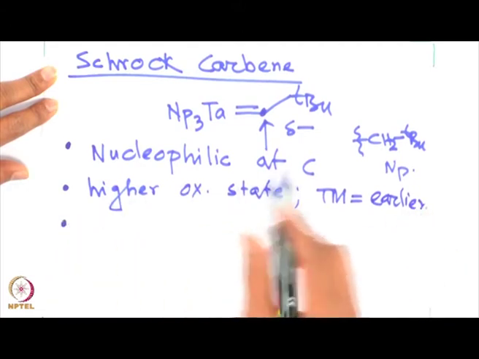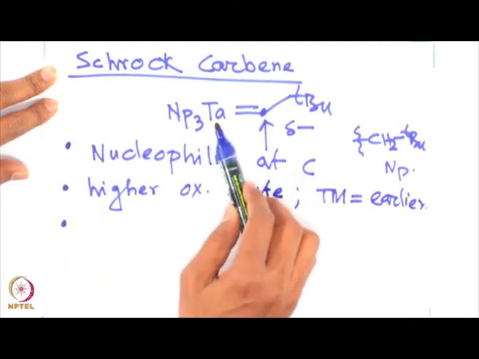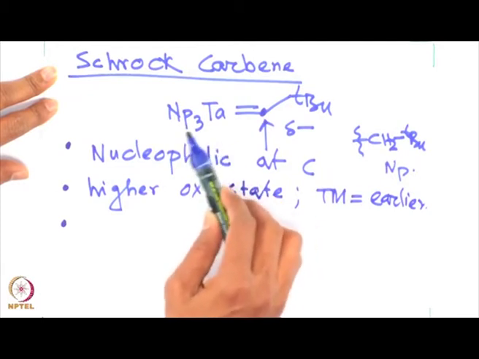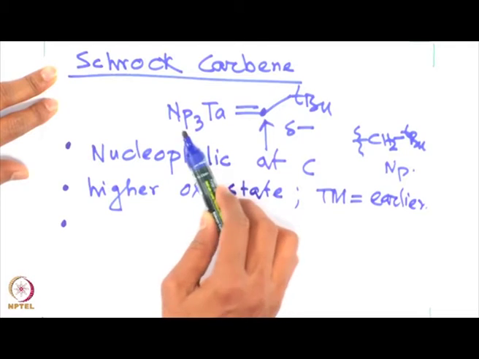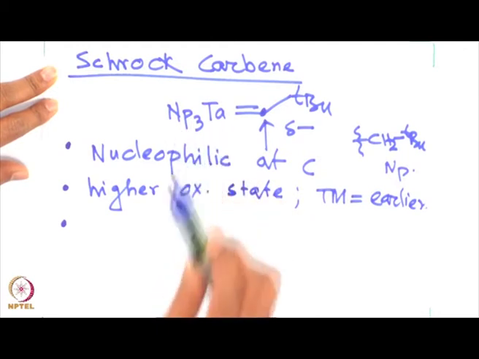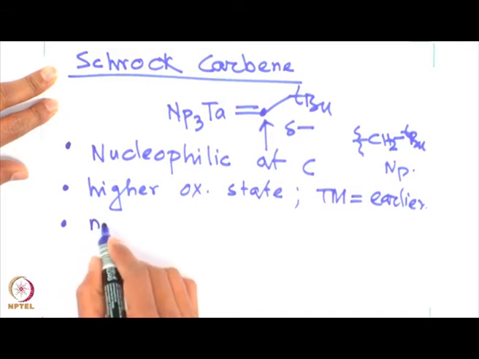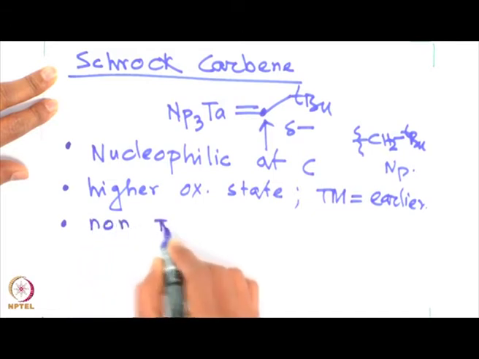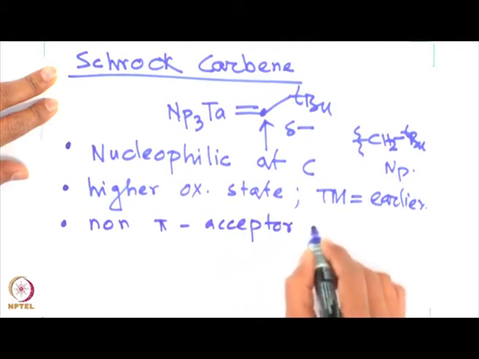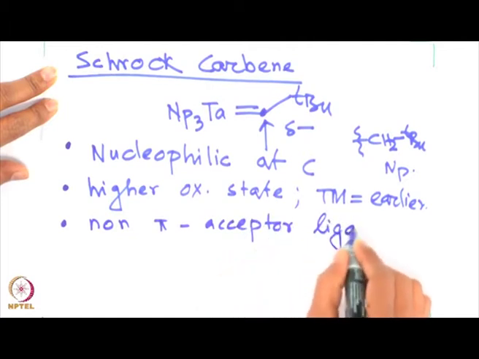And most importantly, the metal center is not associated with anything that is pi acceptor in nature. This is not a pi acceptor ligand, unlike carbon monoxide. So, a non-pi acceptor ligand is directly attached to the metal center. This is very characteristic of your Schrock carbene,